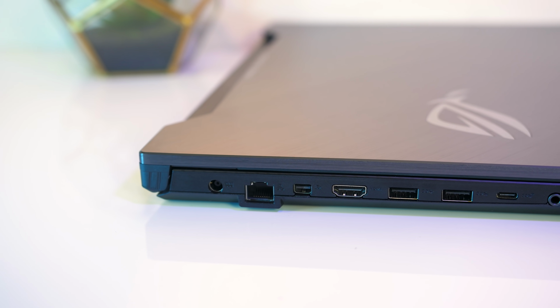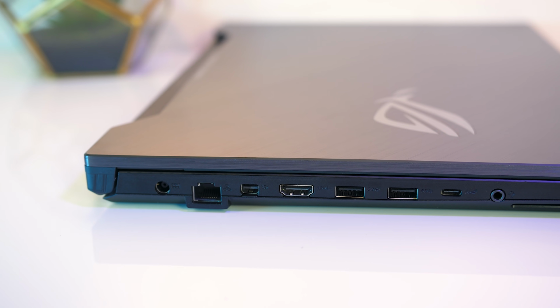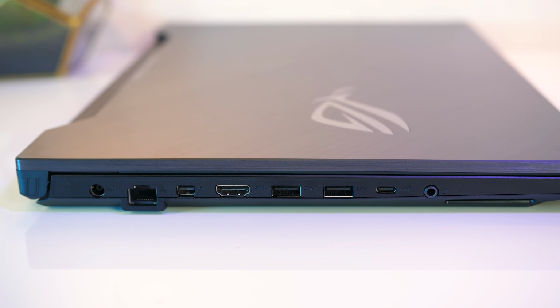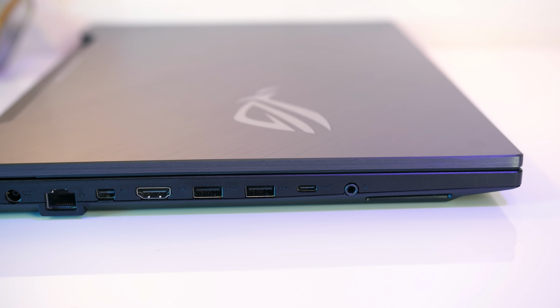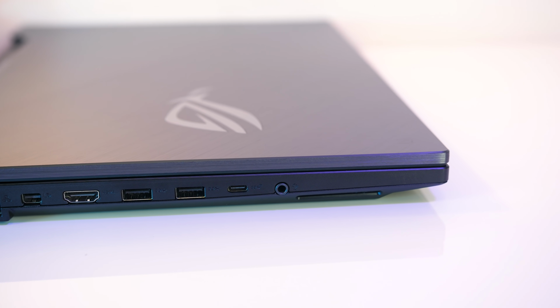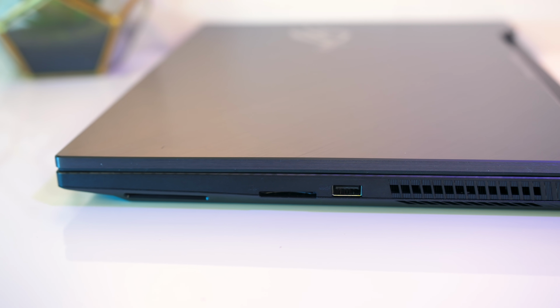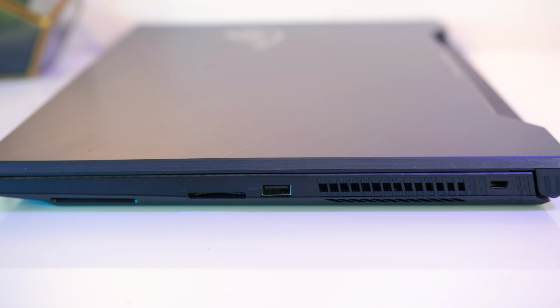Moving on to the I/O, on the left there's the power input, gigabit Ethernet port, mini DisplayPort 1.2, HDMI 2.0 output, 2 USB 3.1 Gen 1 Type A ports, USB 3.1 Gen 2 Type-C port, although no mention of Thunderbolt here, 3.5mm audio combo jack, and the left speaker. On the right, there's the right speaker, an SD card slot, USB 3.1 Gen 2 Type-A port, air exhaust vent,